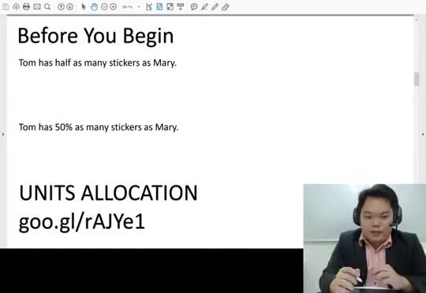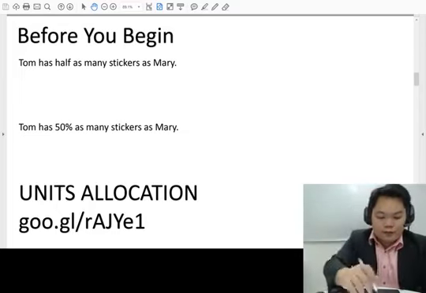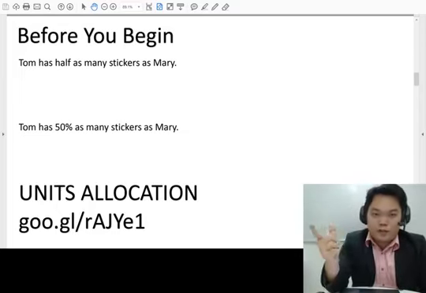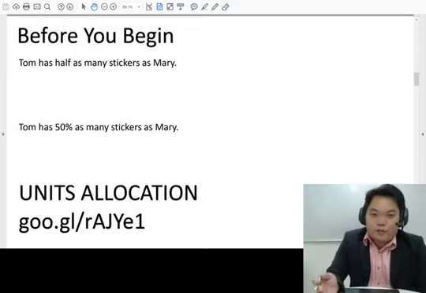Now let me illustrate how the unit transfer method uses the concepts of allocating units across all the various topics. But for now, because of lack of time, I will only show you whole numbers and percentages and how they are linked. Now when we say that Tom has half as many stickers as Mary,